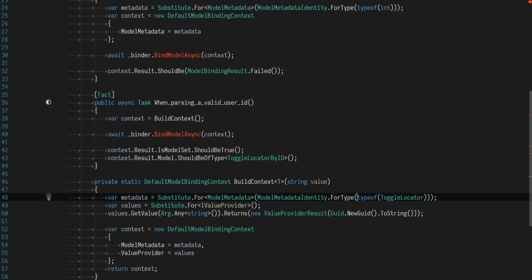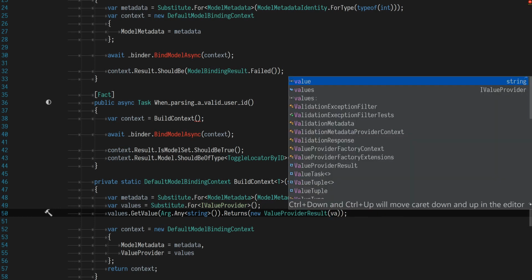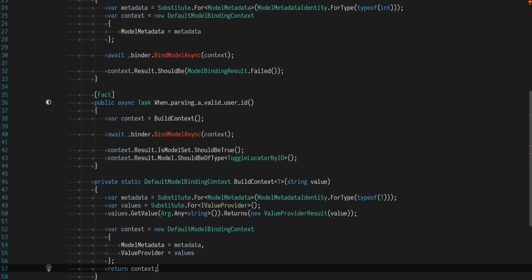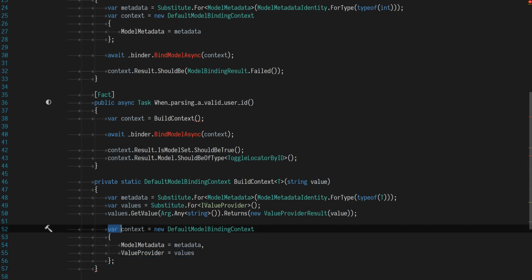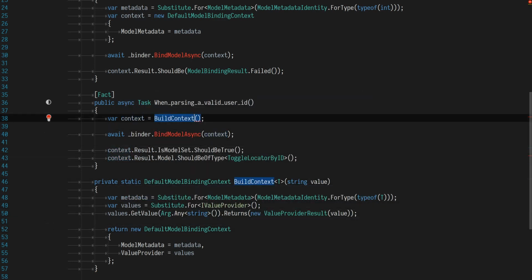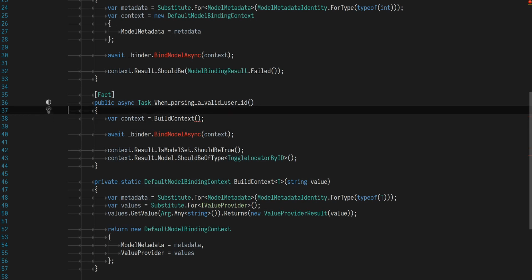That now becomes type of T. That gets the value. Don't need that. That can just be a return statement. So now that we have that,